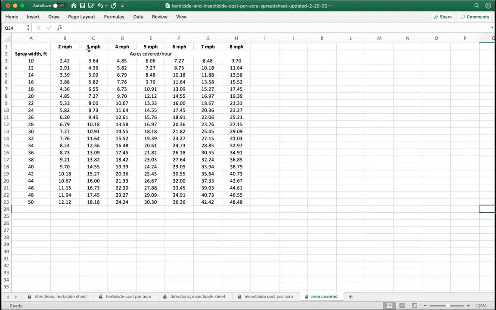Obviously, that should be based on your terrain. You may need to go very slow to get good coverage of a given product, or if you have hog damage, that's definitely going to slow you down. So you can look, if you're driving 3 miles per hour, and we'll say you have a 32 width, you're going to cover